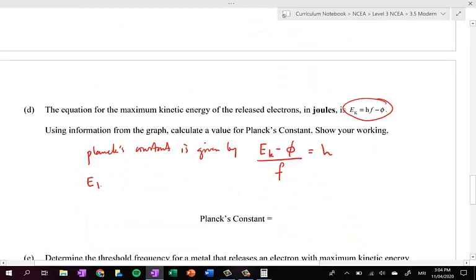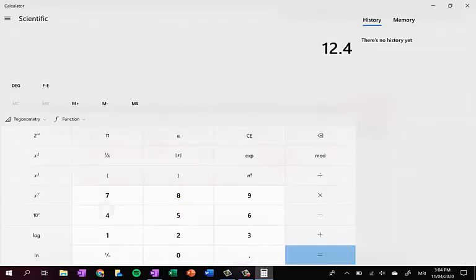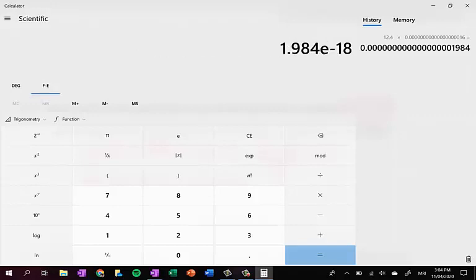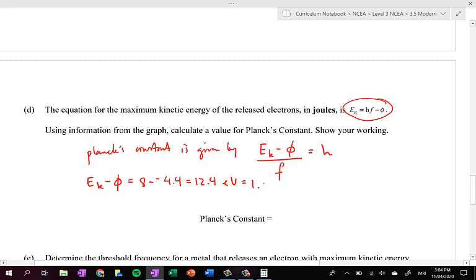So we can say that here, Ek minus phi is equal to 8 minus negative 4.4, which is equal to 12.4 electron volts, which is equal to how many joules? 12.4 times 1.6 times 10 to the negative 19, which gives us this value, 1.984 times 10 to the negative 18 joules. And the frequency of that 8 one,